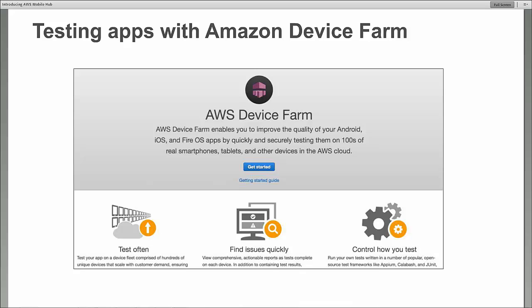Device Farm is also connected up to Mobile Hub so that when your application is being built out, you can quickly deploy that application to actual physical devices through our Device Farm service, which we recently launched, and actually test that application across many different devices and many different profiles of devices.